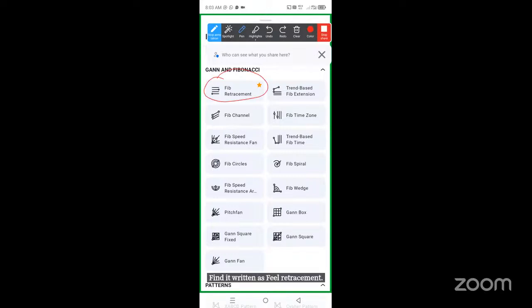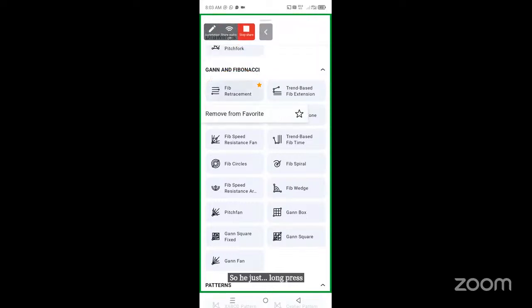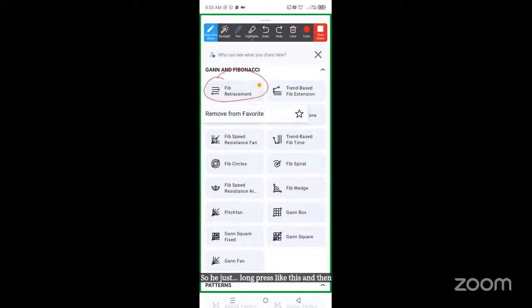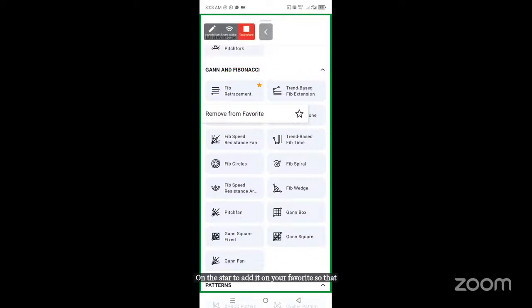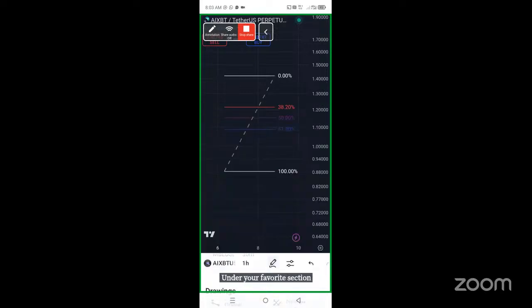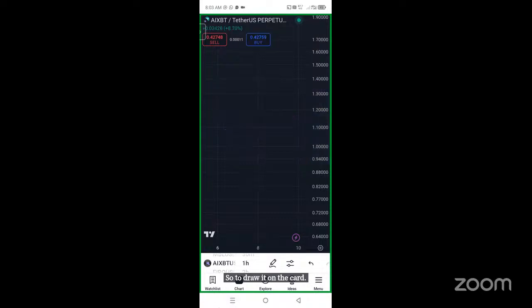So you just long press like this, and then you tap on the star to add it to your favorites, so that you can keep it under your favorites section and use it anytime you wish to. So to draw it on the chart, you simply, after having identified your trend, if it is an uptrend,